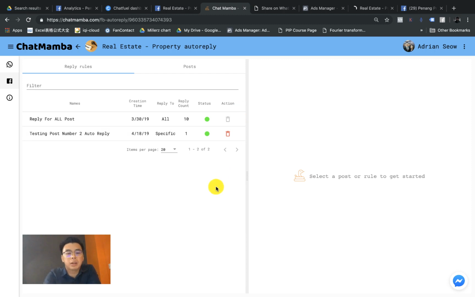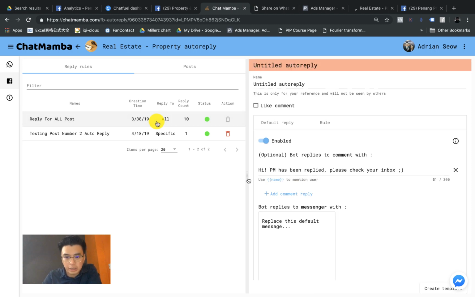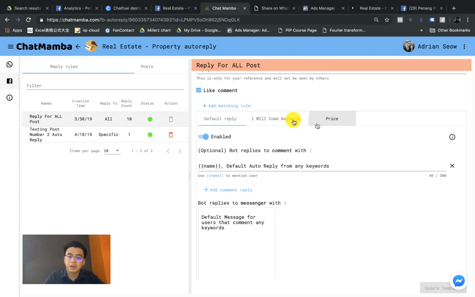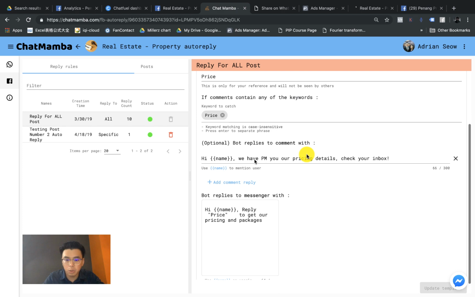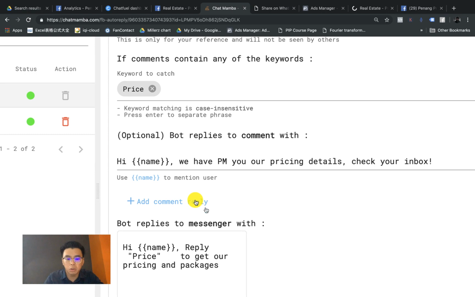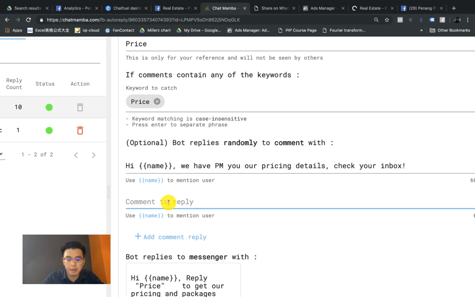Okay, so now I'm going to talk about the next thing, which is how you can randomize the comment that you reply on top of a user's comment. How do you actually do that? And this is important. Let me try it on the reply all post, so I can show you a different kind of setup. For example, if the customer replies price, and you don't want to keep sending, hi, we have PM you our pricing detail, check your inbox. What you can do is this: there's a button here called add comment reply. If you click this add comment reply, you just give it a different comment. Hello,